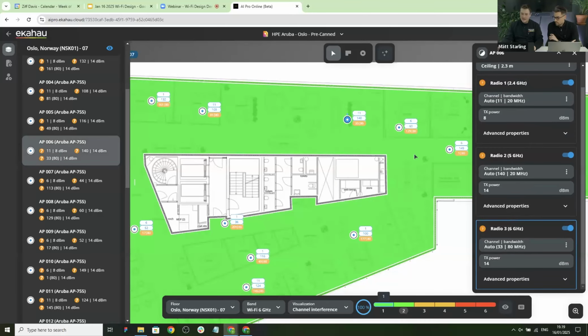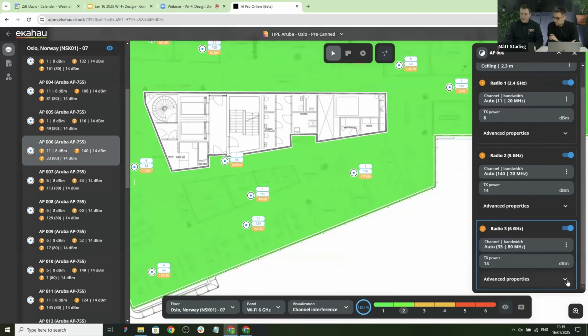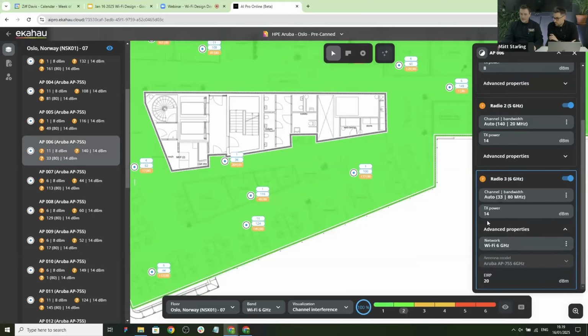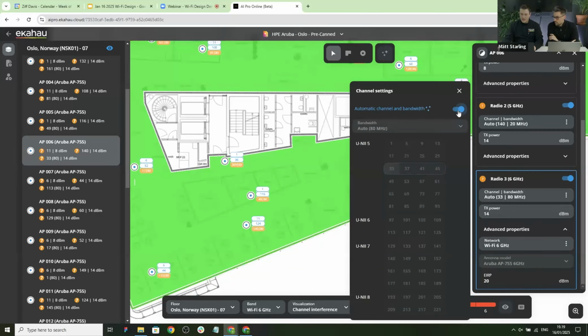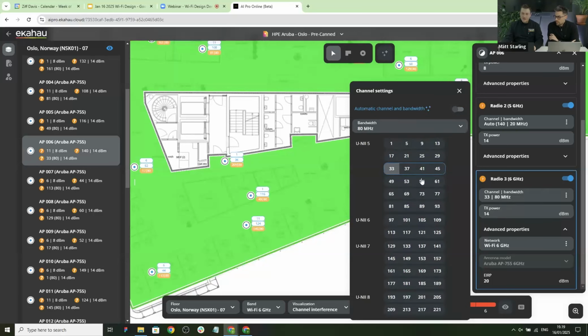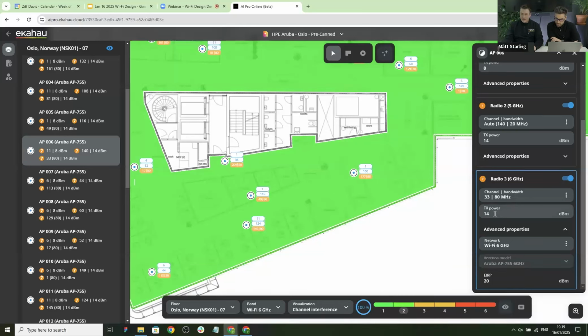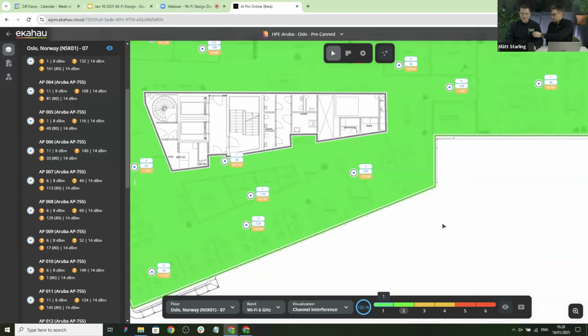So you just select an AP, then you select the properties, and instead of auto channels, you can always opt to choose channels manually. So you just turn the automatic channel planning off, and then you can set any channels for your plan. The other thing just to mention there is you can also change the transmit power, right? Yes, so TX power you can change directly from here. So you can put any TX power and see what the impact is there. So super easy and fast.